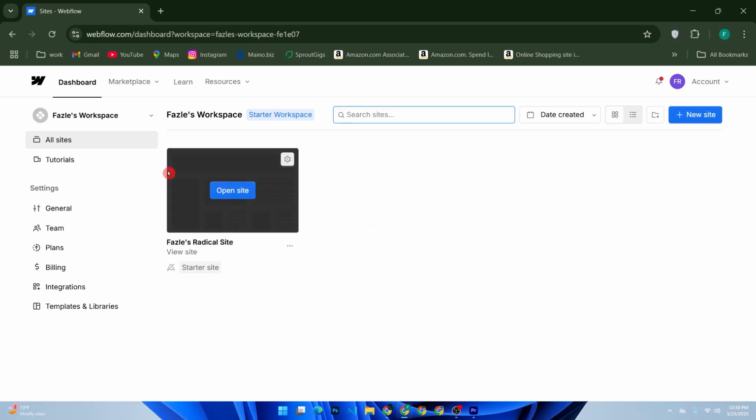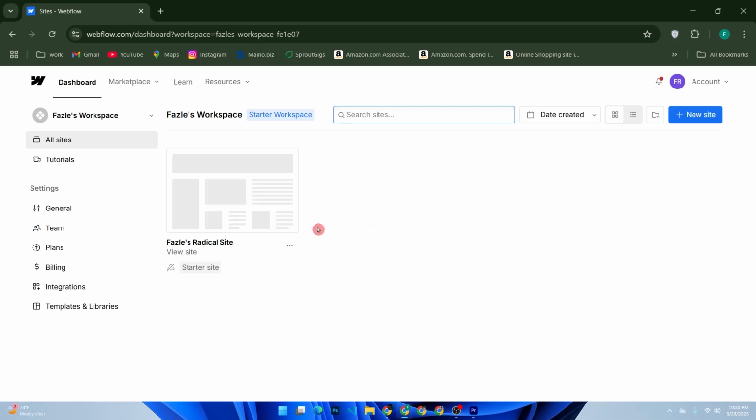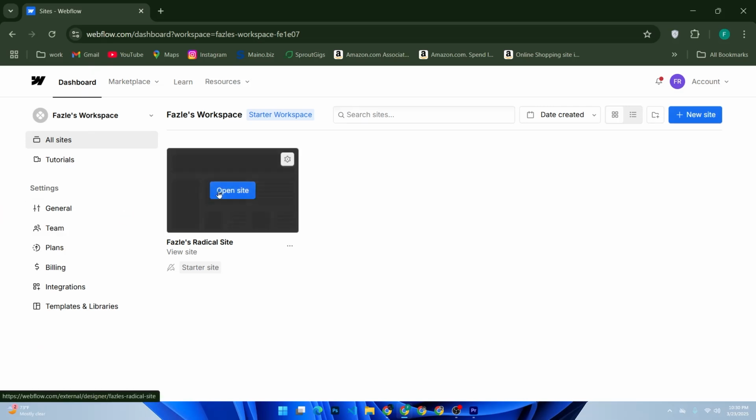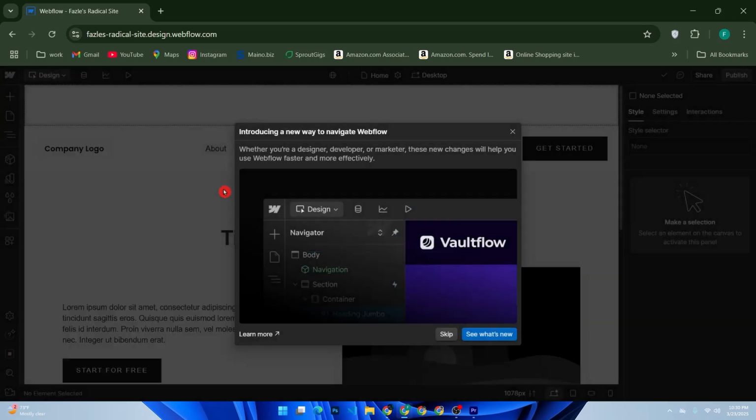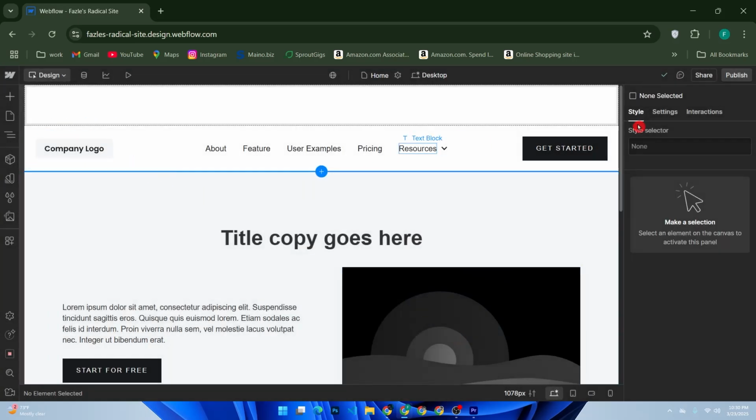Now let's explore Webflow's interface. Navigator, in the left panel, shows the structure of your website. Canvas is the middle area where you design your page. Style panel, right panel,